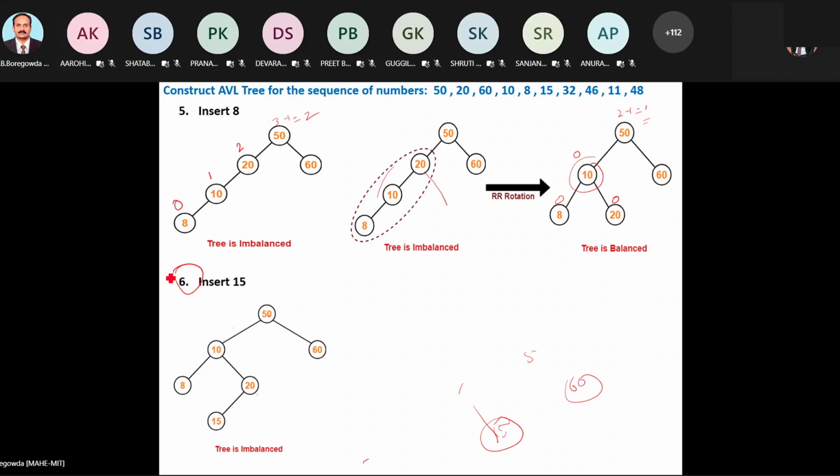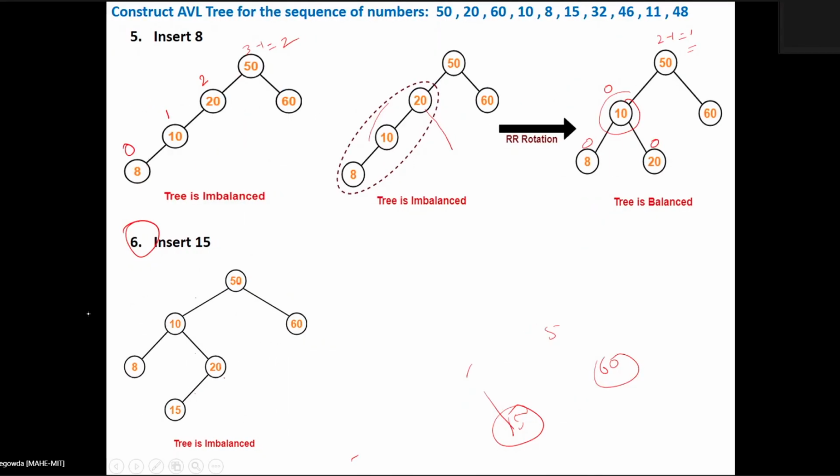So you said that we need to perform RR rotation, but I'm asking definition-wise, shouldn't we call it LL rotation? No, this is the left rotation we are doing now, right rotation only. You see what happens: if you do the left rotation this way, how will your tree be balanced? You don't consider it that way.